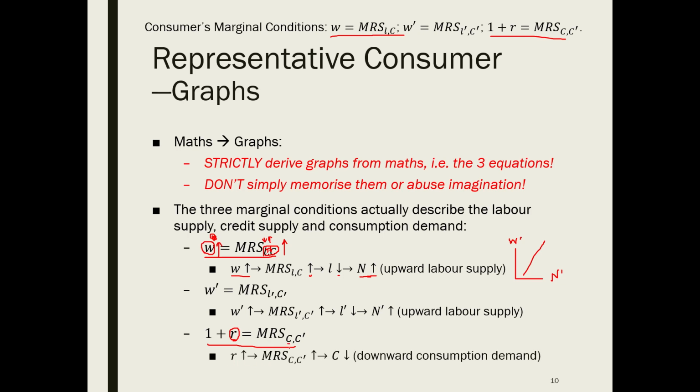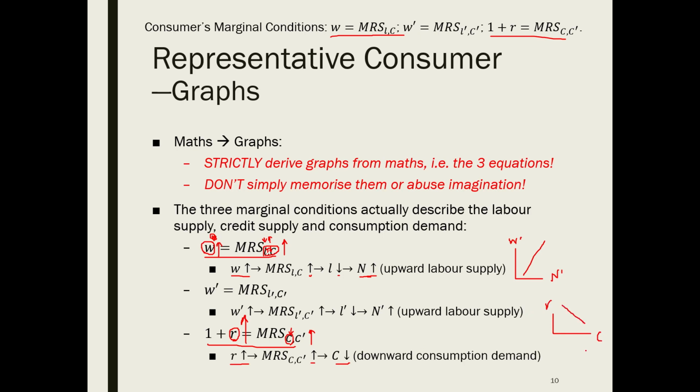Consumption is endogenous. If there is a rise in interest rate, the left-hand side of the optimality condition rises. To restore the optimality, the right-hand side, the MRS, should also rise. Again, according to the diminishing law, consumption must drop to achieve that. To summarize, a rise in interest rate is associated with a drop in consumption, which corresponds to a downward sloping